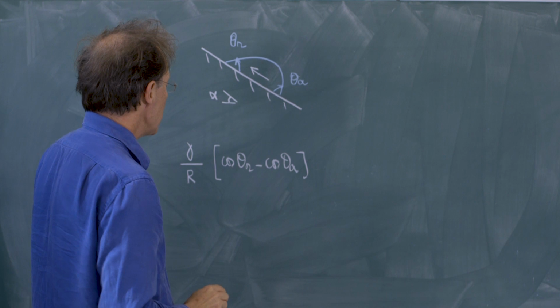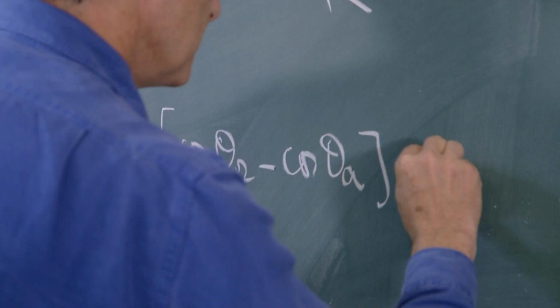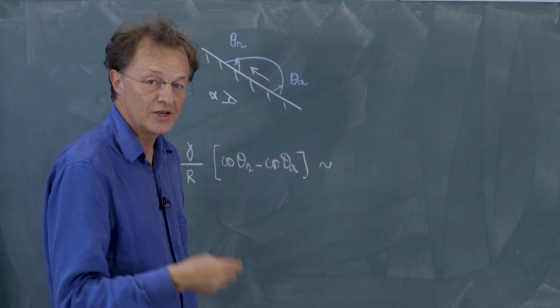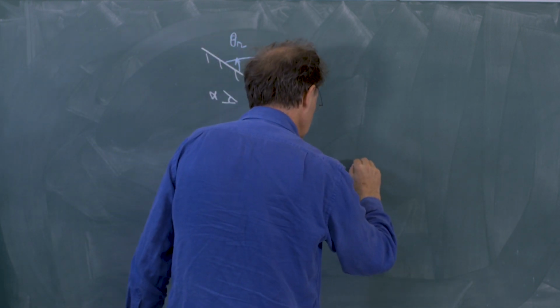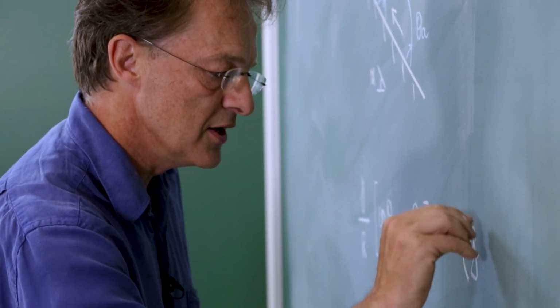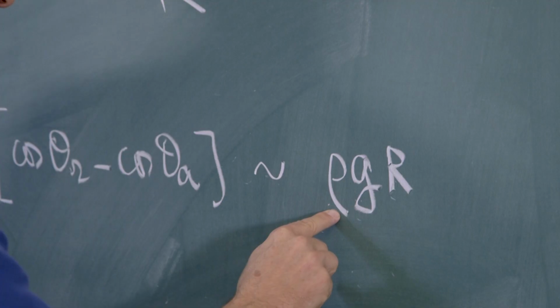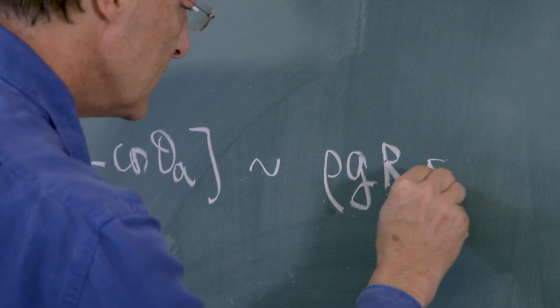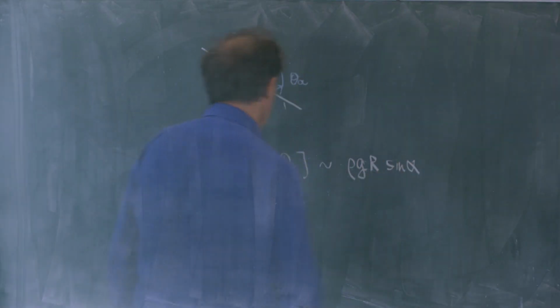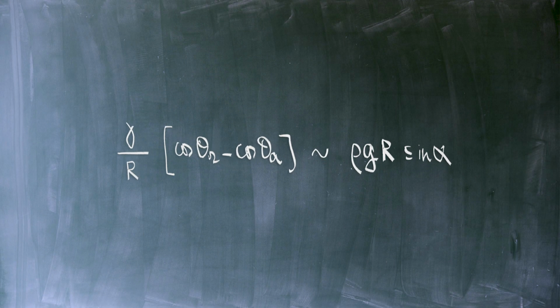And this can be balanced by gravity, the difference of hydrostatic pressure between both edges, which is on the order of rho g r, rho being the density of the liquid, and r, the typical size of the drop, times sine alpha. So what we get is a relationship between the tilting angle, which is a measurable quantity, and the size of the drop,